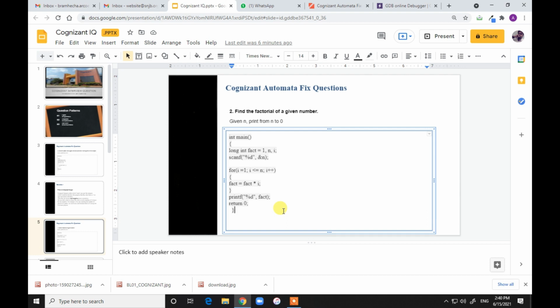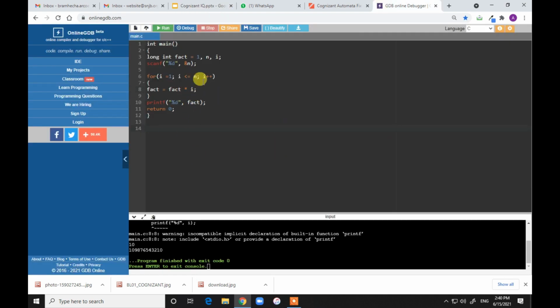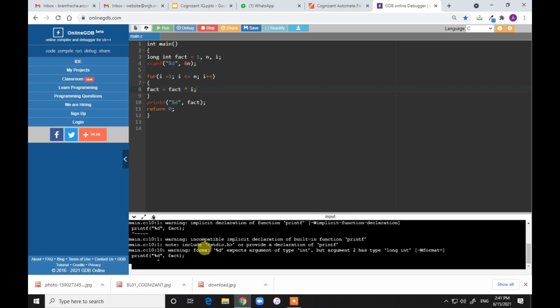So what we will do is copy this code and paste it here and try to solve what exactly the issue is. Here, if you can see, they have used the long int. So we need to understand what exactly a long int is. I'm going to tell you that. Syntactically it is looking fine, so there will be no syntax error. If we try to run the code, let's check.